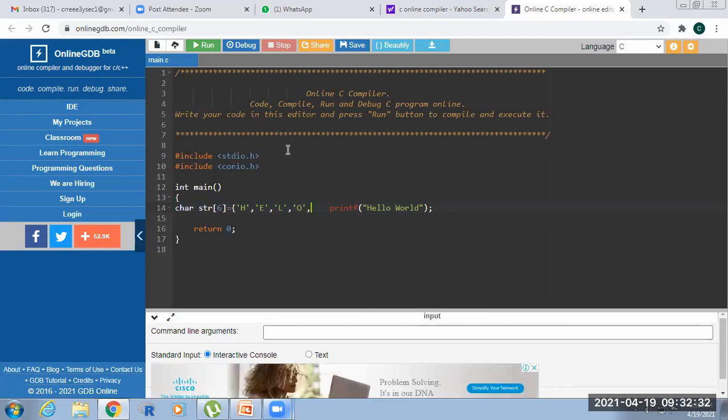If you represent a string in this way, you finally represent the null character at the completion of the string. Finally, represent the null character. Okay.